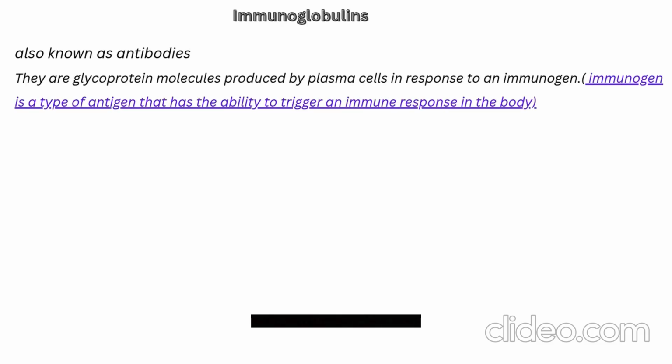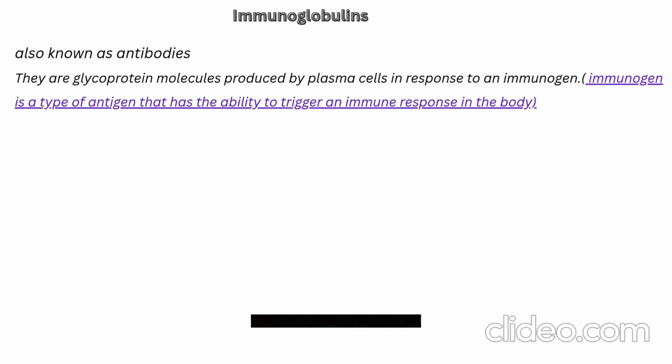In this video, we are going to focus on a new topic called immunoglobulins. Immunoglobulins are also called antibodies. They are glycoprotein molecules which are produced from the plasma cells in response to any antigen or immunogen. So, immunogen is a type of antigen that has the ability to trigger the immune response or immune system in